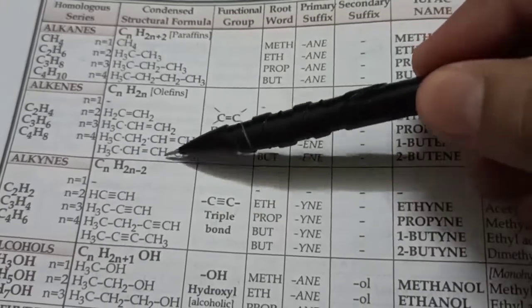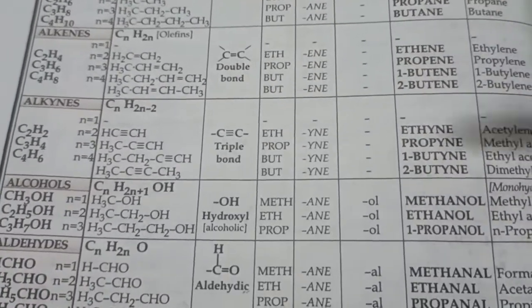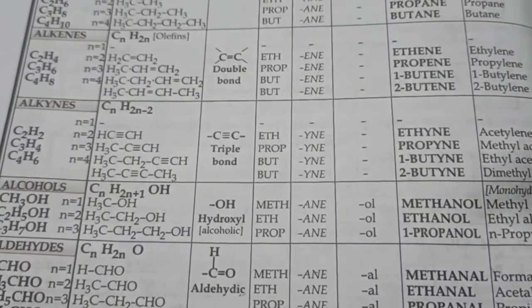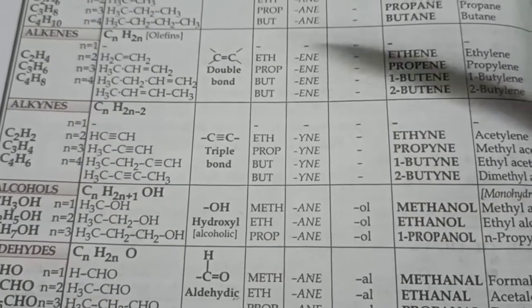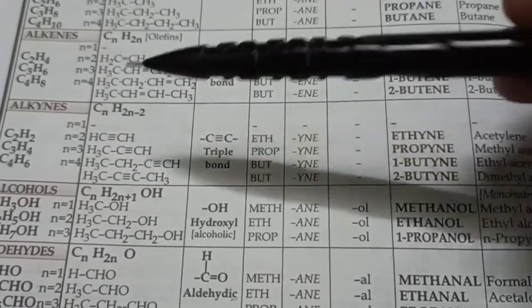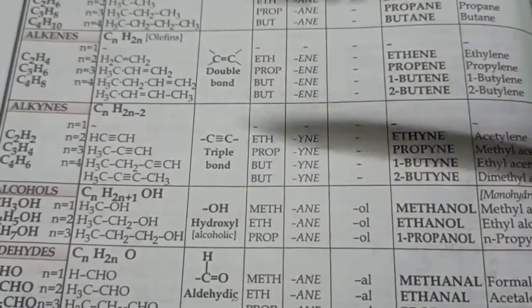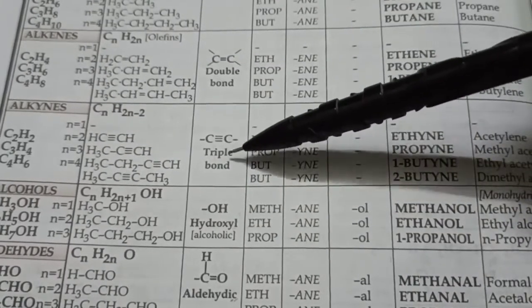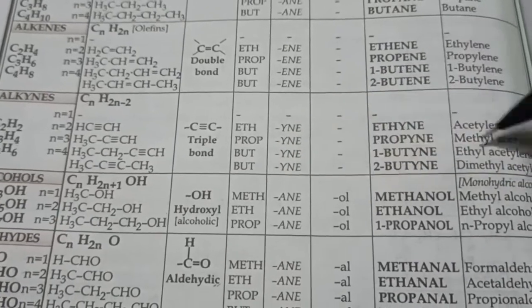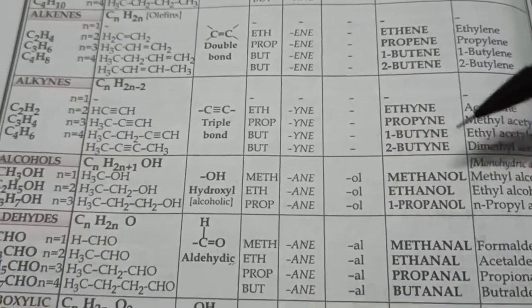Look here. You have to practice all this if you haven't already. If you've done something, no need to repeat it. Otherwise, please practice all of this. Then we have alkynes. This is the general formula, the molecular formulae, and the structural formulae. Functional group is carbon-carbon triple bond. The surname is yne, and these are the common names of them.